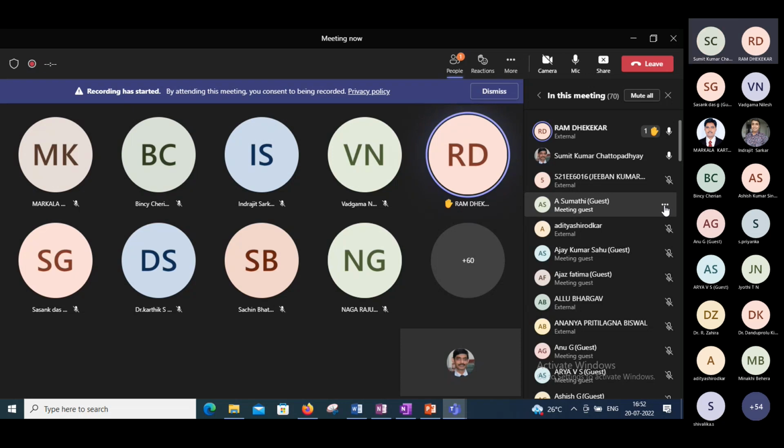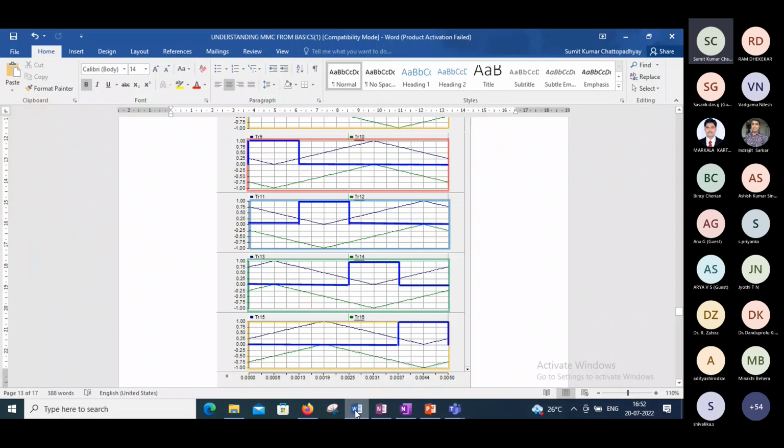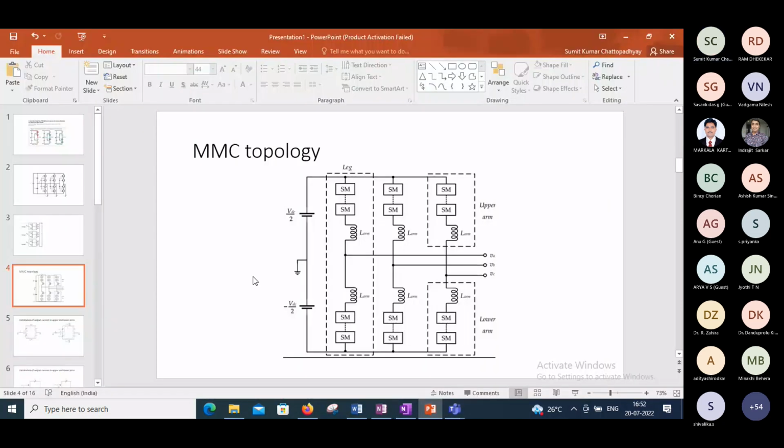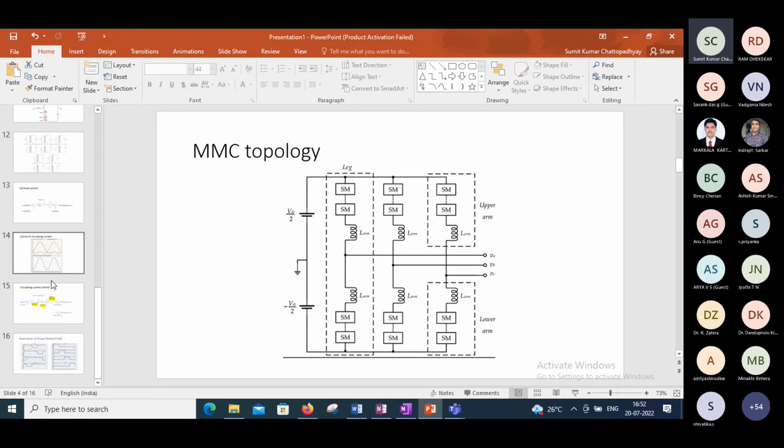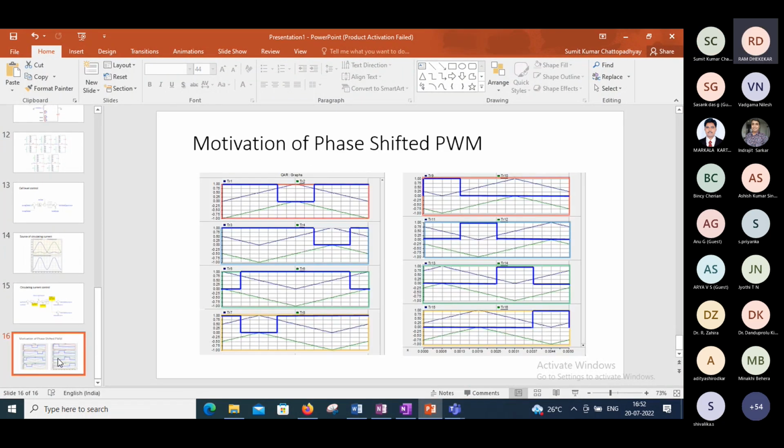Okay, thank you, sir. Here is some phenomenon we understand as frequency multiplication. How it happens, we can see with some simple simulation at a later stage. Right now, I can show you something over here. Let me see. A phase shifted modulation example, if I show you. Sir, I worked on carrier phase shift modulation.